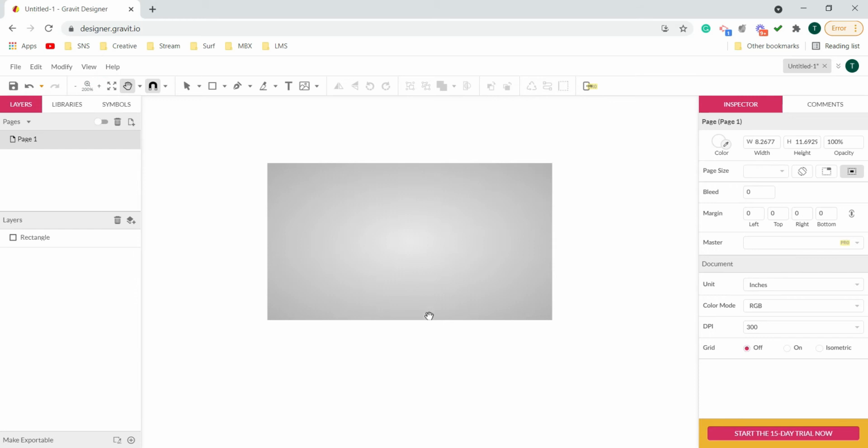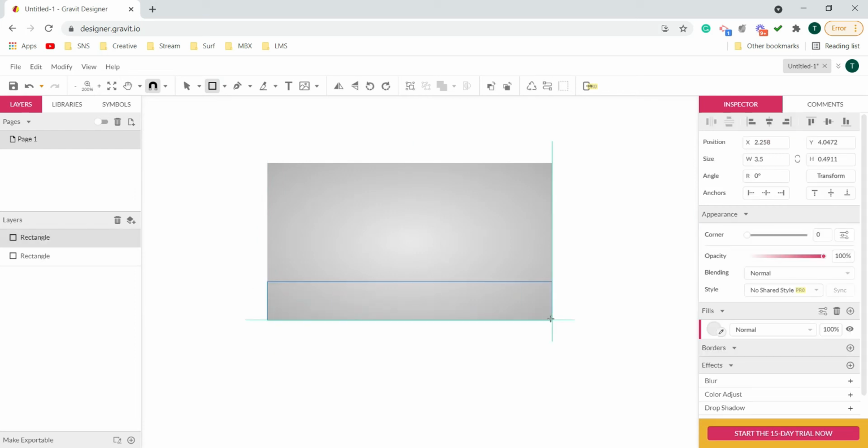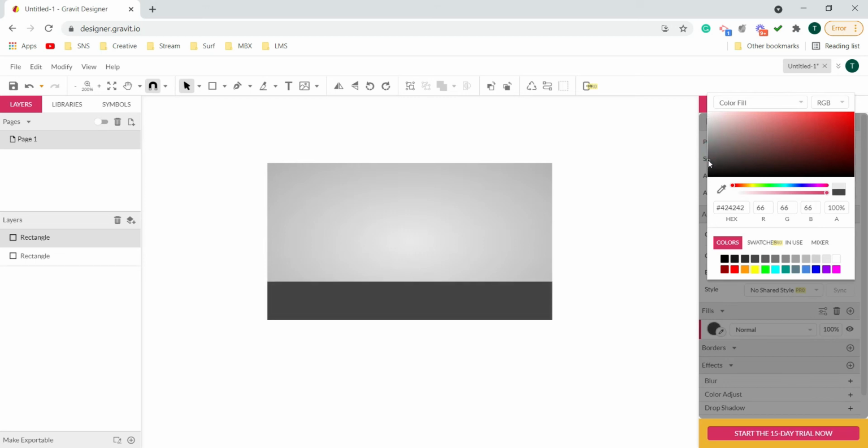After that, I will take another rectangle, and at the bottom I will roughly draw a rectangle edge to edge like this, where it is showing me the marking, and in this I will take a darker tone of gray, very close to black, somewhat like this.